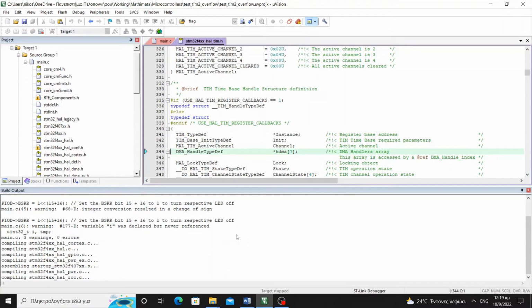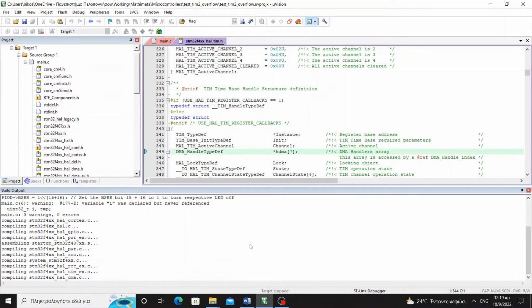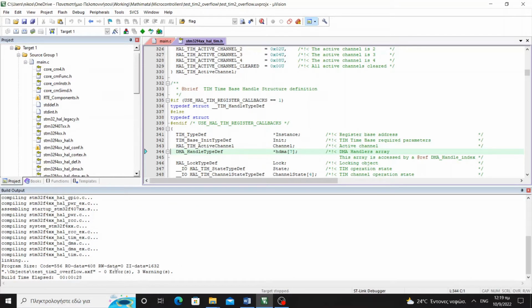We do not see all this large list of errors generated earlier. So we hope that this solves our problem. Okay, 0 errors. So this problem was solved by also including DMA support in our project,